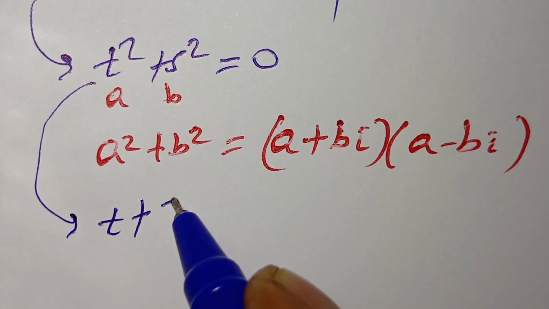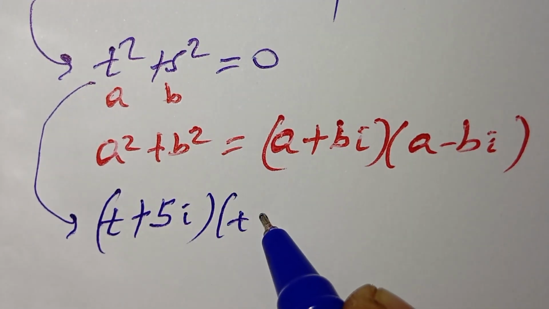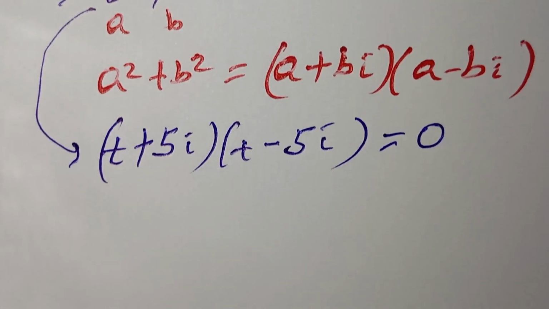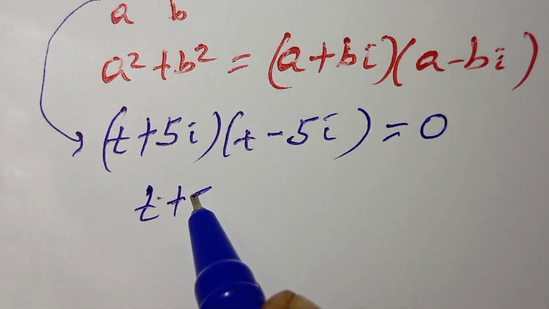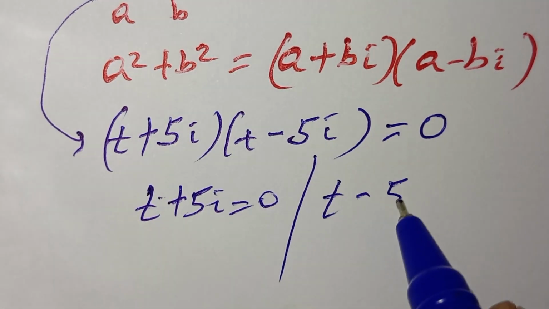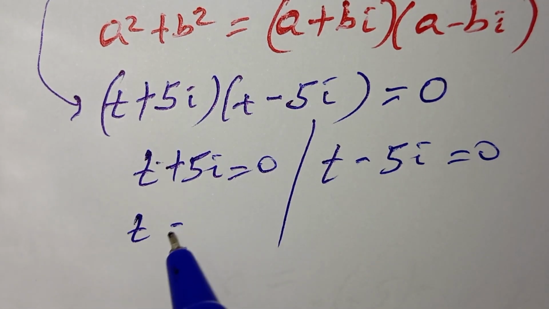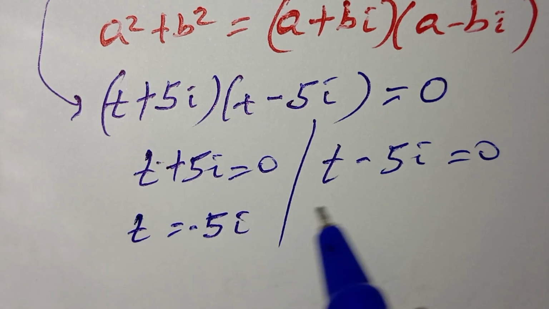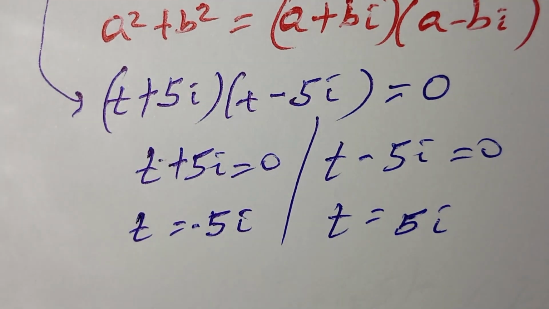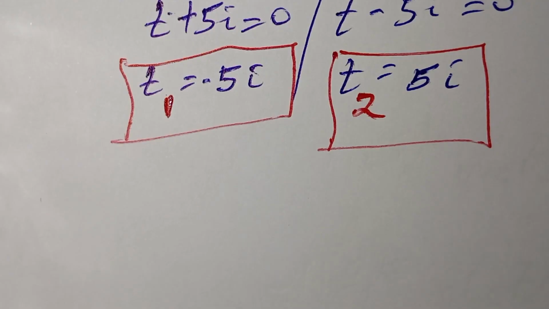t plus 5i times t minus 5i is equal to 0. t plus 5i equal to 0 and t minus 5i equal to 0. And from this t is equal to minus 5i, and from this t is equal to 5i. That is t1 and here is t2. And from the above case,